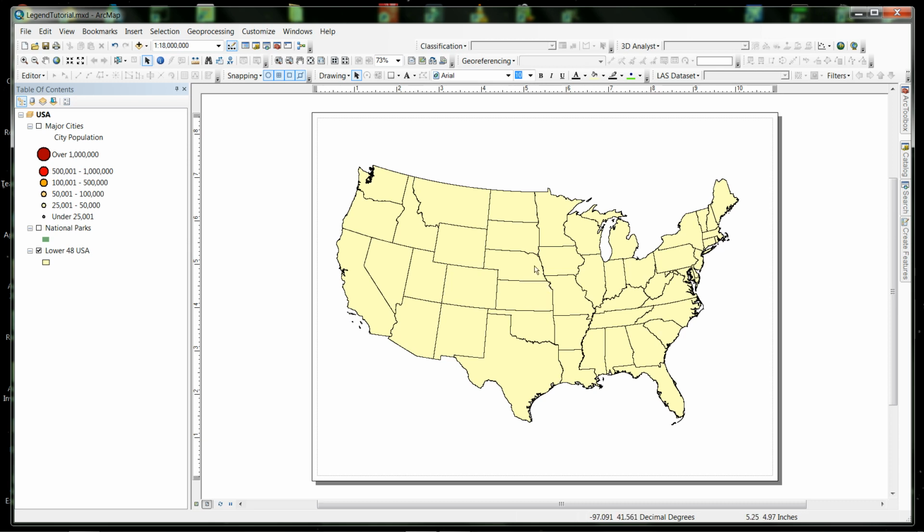All right, so here we have the United States. It is longer east and west than it is from south to north or north to south. So that dictates my page size. I'm going to make this page size landscape. I'm going to make my page longer east and west than north and south. You can do a portrait, but that is a different map design, okay? But we'll talk about that some other time. So basic